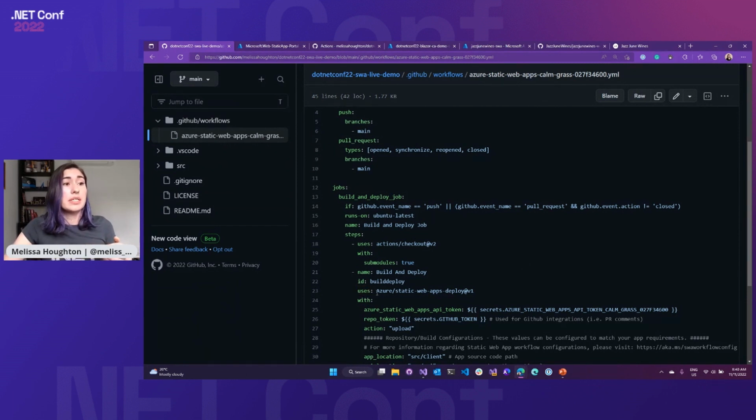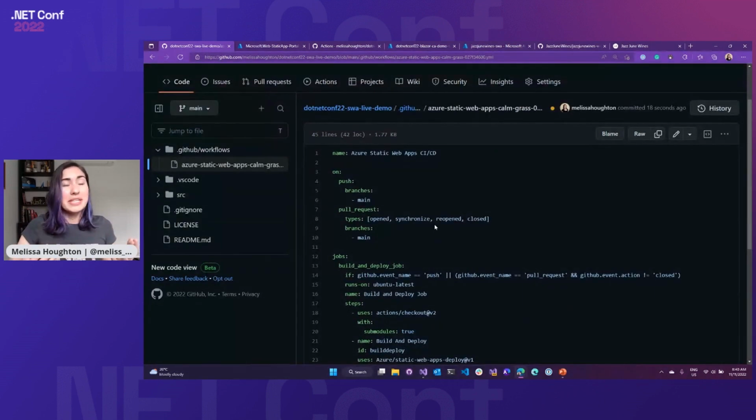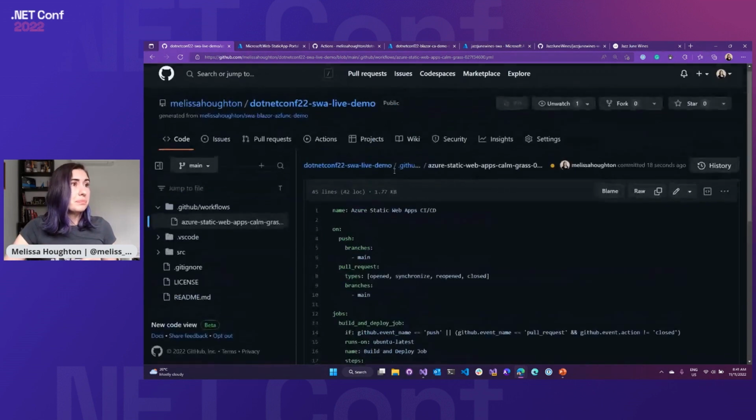And that'll use the static web apps deploy action, and it'll push it out and deploy it immediately to our Azure Static Web App, which is great. So we don't even have to actually know how to do the CI/CD. It sets that up for us. But of course, we can go in and add a whole bunch more actions to do things like test and make a really robust CI/CD pipeline.